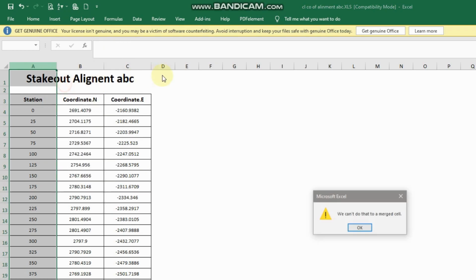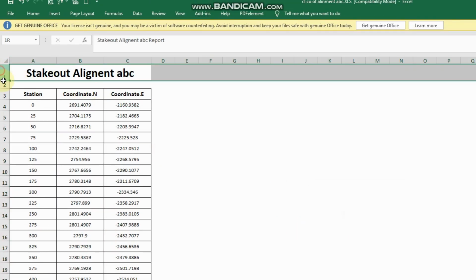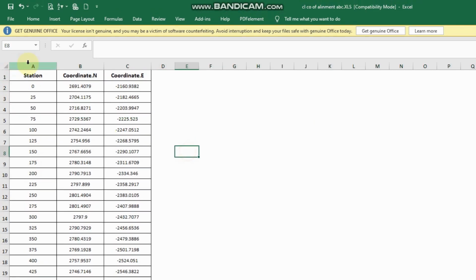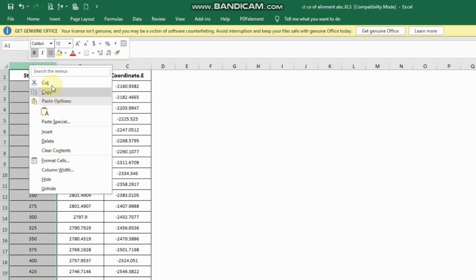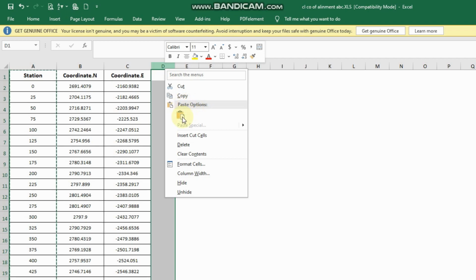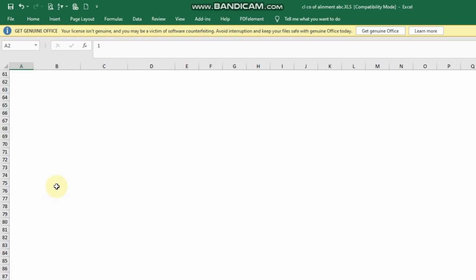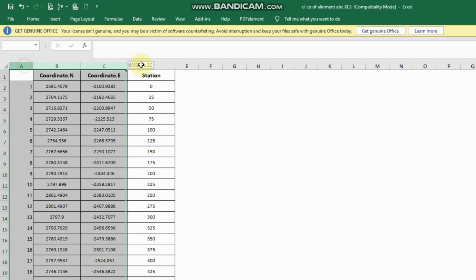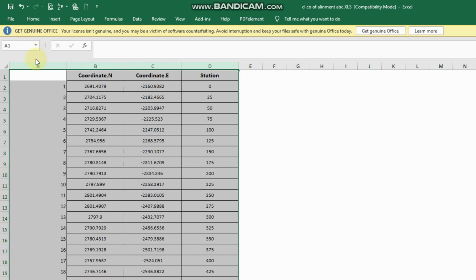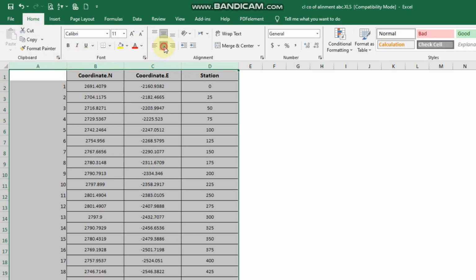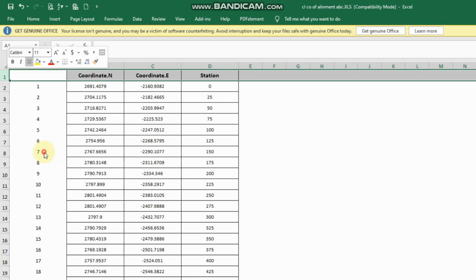Suppose I want to import again to Civil 3D, I will delete this one, cut and paste here, because we have headings. From here the station, cut here and paste here, and put here 1 2 3, like this, 1 2, and select this one up to where you want. So now adjust your